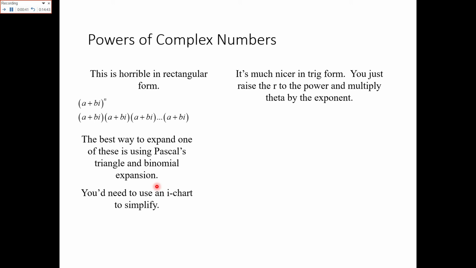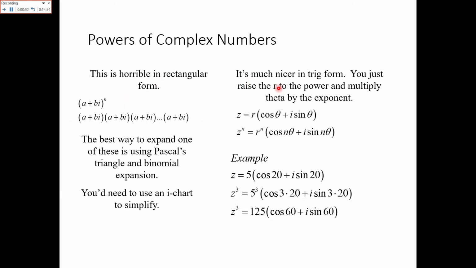So when you have the power and you want to expand it, simply convert the rectangular components of the complex number into the polar form. Now in polar form, because of De Moivre's theorem, it is much easier to expand the complex number. Here z to the n is equal to r to the n (cos n theta plus iota sin n theta), and you can take any power to find the solution. Here if z is equal to 5 (cos 20 plus iota sin 20), then z raised to power 3 would be equal to 125 (cos 60 plus iota sin 60).